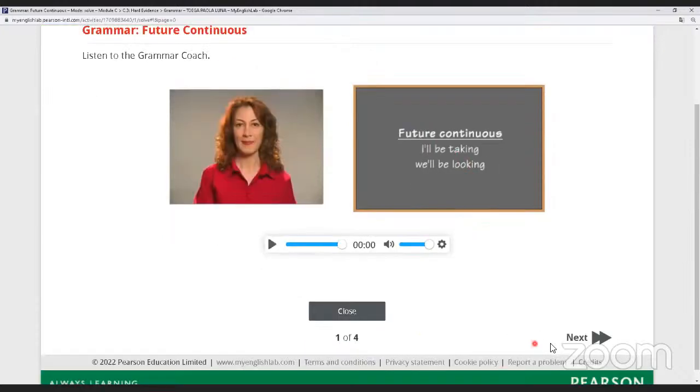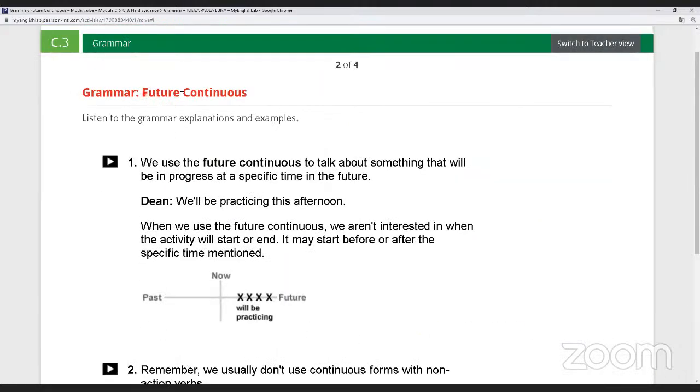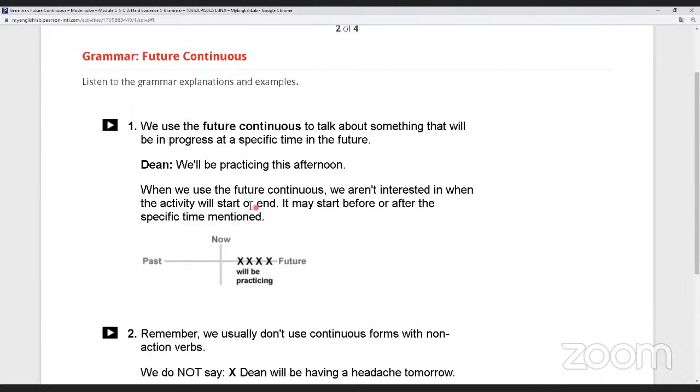Okay, so you don't have to forget when do we have to use the future time tense, right? And the continuous form, we could have in different time tenses, right? But it's with ing at the end of the principal or the main verb, right? Taking, drinking, sleeping, right? So we're gonna listen for number one.